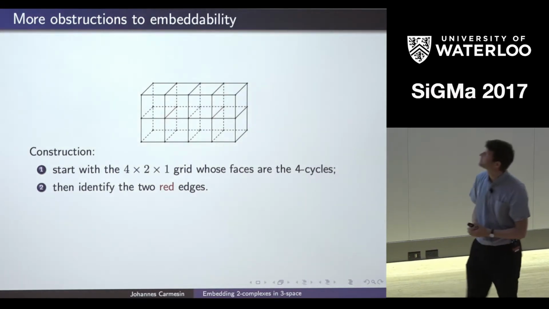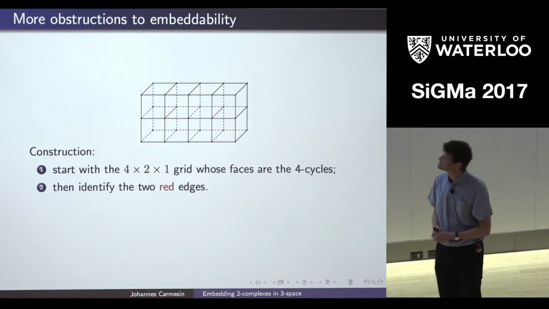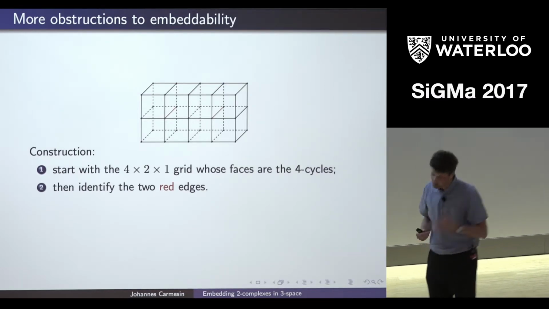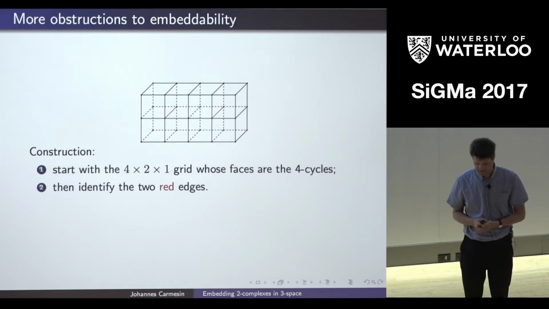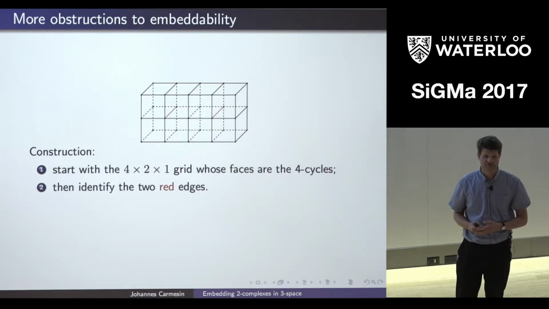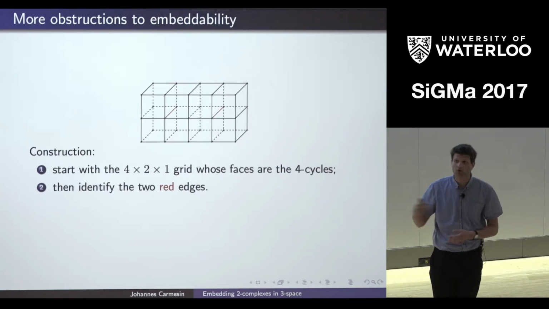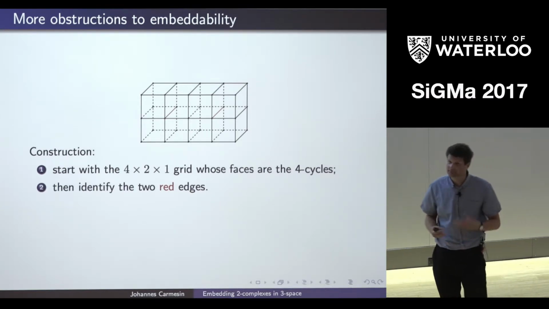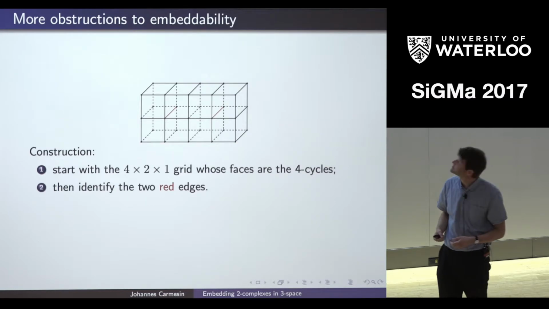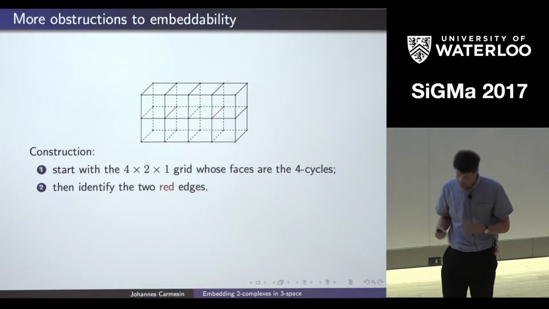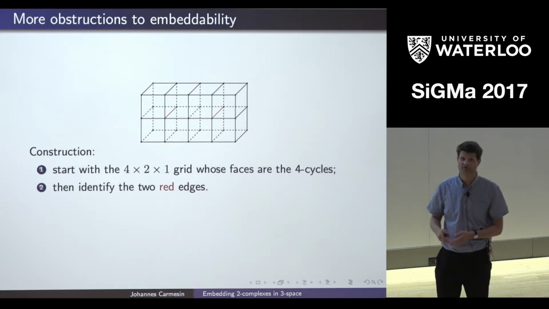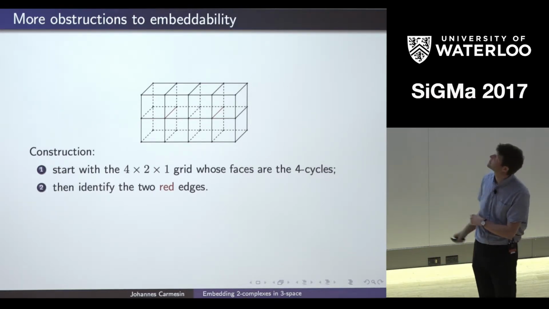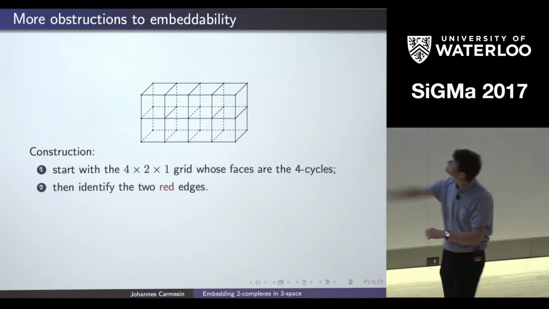Are you all still with me? If not, this is a good point to jump in again. So far we have seen 3 types of obstructions to embeddability. The first were the local obstructions, like the cone over K5 or K3,3. Then we had the global obstructions, and the third type of obstruction came from the difference between homology and homotopy. But there are even more obstructions to embeddability, constructed as follows.